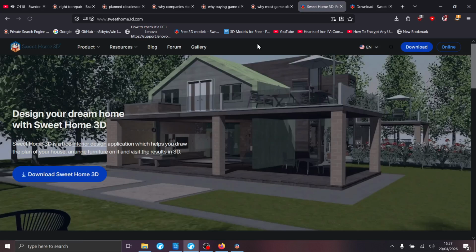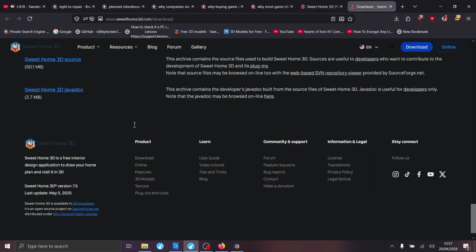The reason I use this software is because it's free at first, and second, it's claimed to be open source. That's what they say on sourceforge.net.